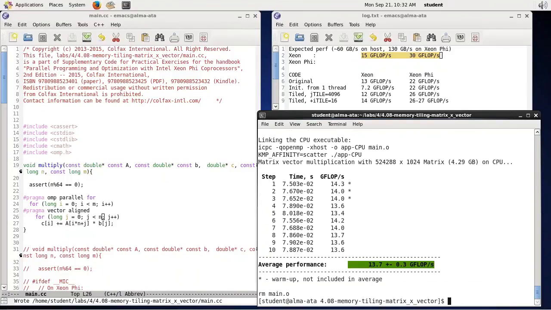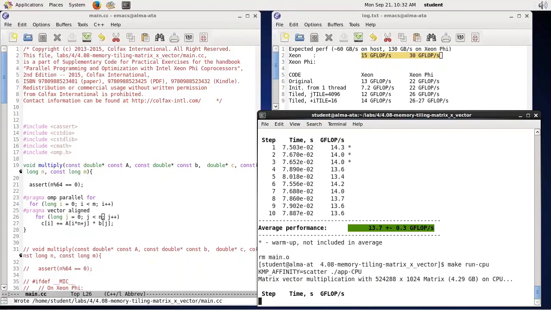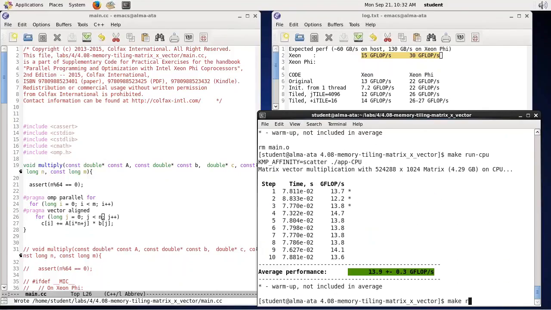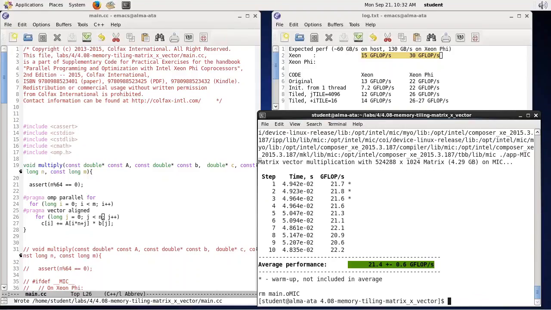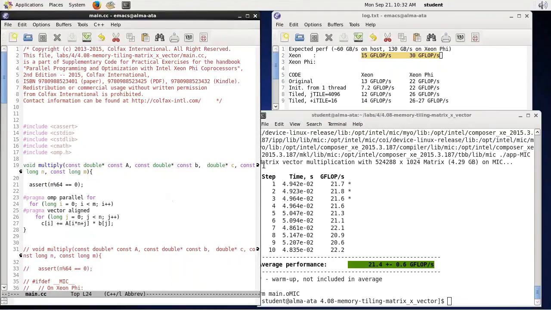Okay. Okay, I'm back to square one. So let's see if I can do it in a more portable way